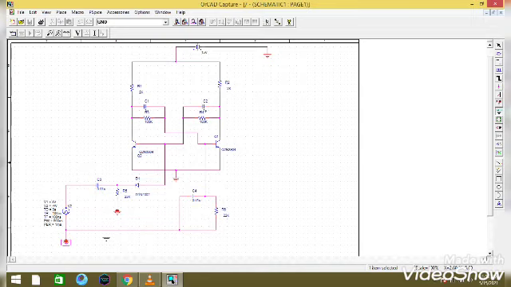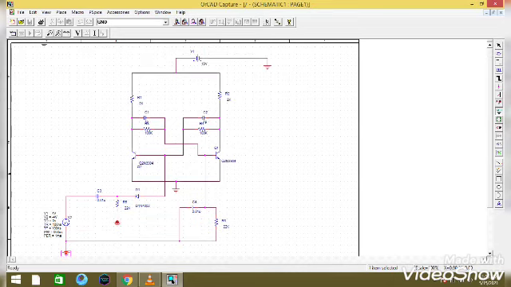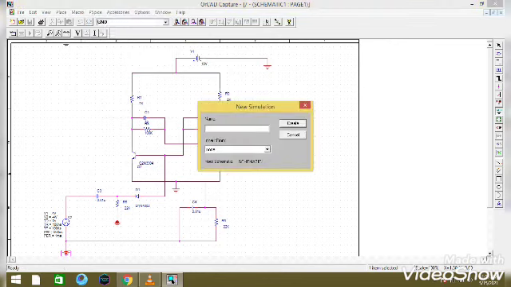That simulation profile we can create by going to PSpice, new simulation profile.